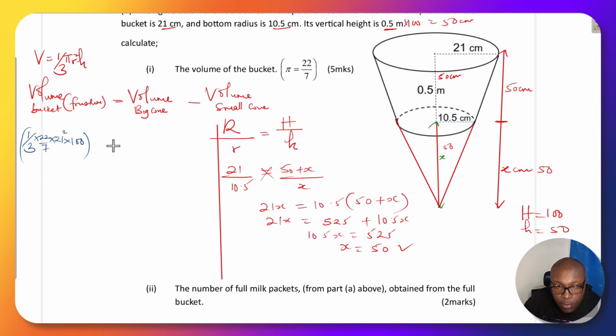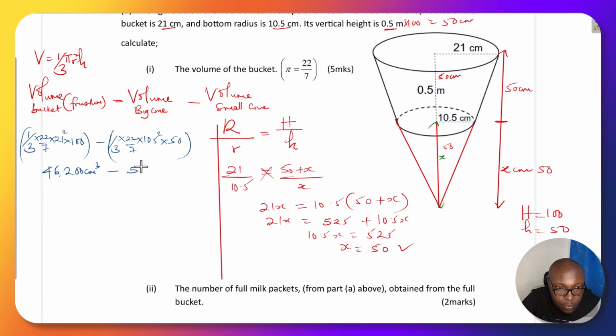That is the volume of the big cone. Then subtract the volume of the small cone, a third pi r squared, 22/7, times the radius squared, which is 10.5 squared, times the height, which is 50. So when you work out these, a third times 22/7 times 21 squared times 100, that gives 46,200 centimeters cubed. And then a third times 22/7 times 10.5 squared times 50, that gives